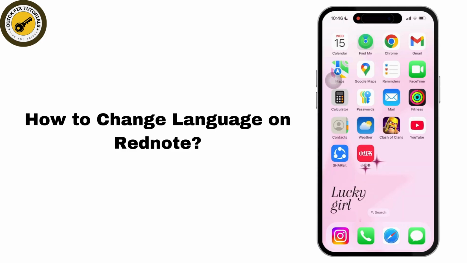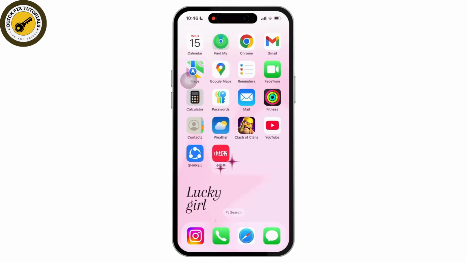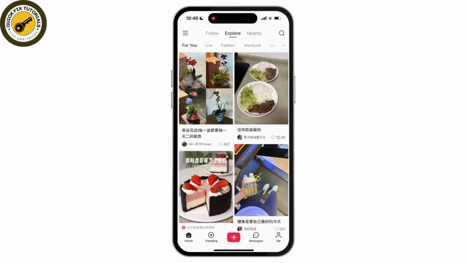How to change language on Rednote. So let's get started. Firstly, launch the Rednote app on your device and make sure you are logged into your